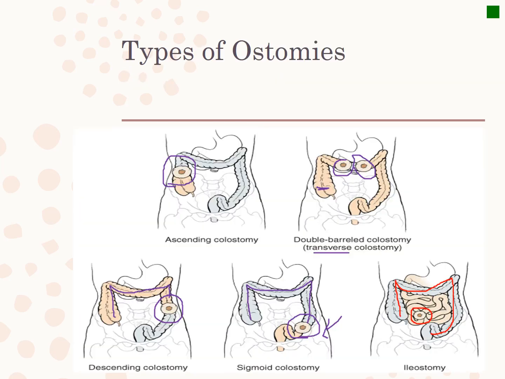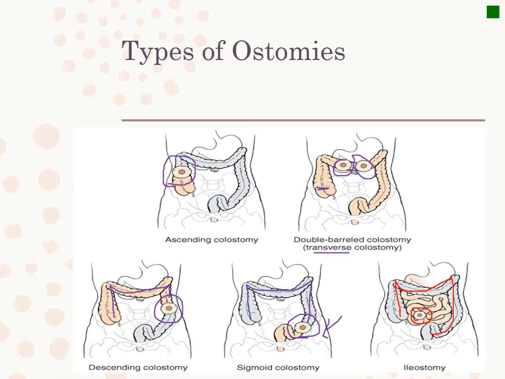All right, so here's different types of ostomies. Here you have the ascending colon, right? Ostomies are pretty much named for the area that they are in the body, right? The job of the colon is to literally squeeze the water out. That is the basic job of the colon, okay? So basically, any part from the ascending colon, if it's here, this is going to be really liquidy stool coming